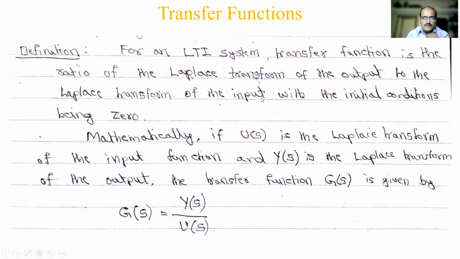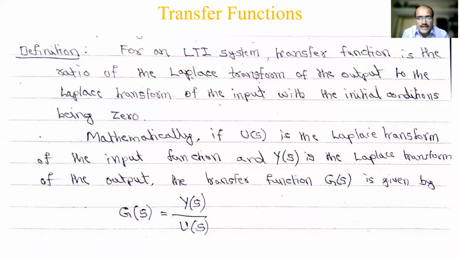So now the definition. Okay, this definition they will ask in the theory question part, so you need to write any one of these. Mathematical we have, theoretical we have. For an LTI system, what is an LTI system? Linear time invariant system. Very first we discussed this: different classification of control systems. So the control system is normally open loop or closed loop. Then it should be linear, time invariant, causal, and dynamic system. So this system we are discussing throughout the module, throughout control systems. So that's why all definitions start with this.